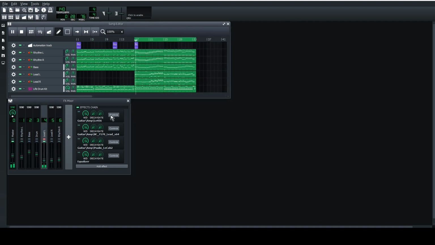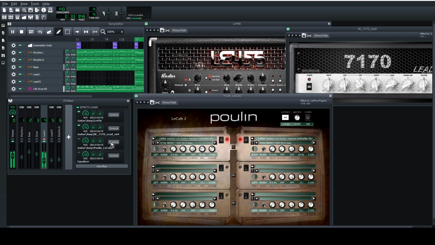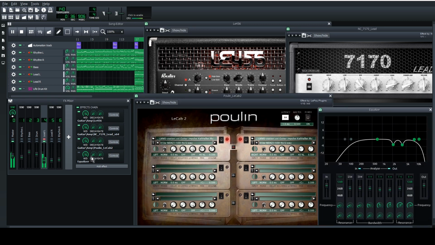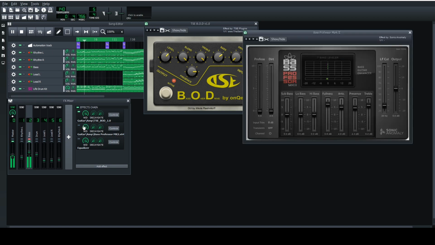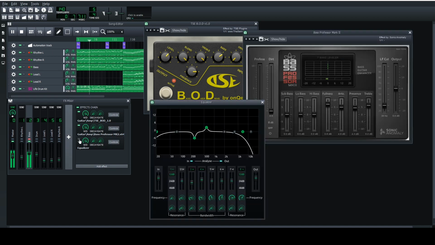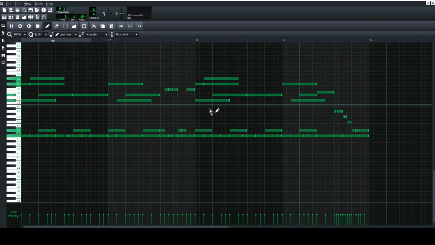And this is how the lead guitars sound. The bass guitar sounds like this. Let's hear how the drums sound. Altogether,